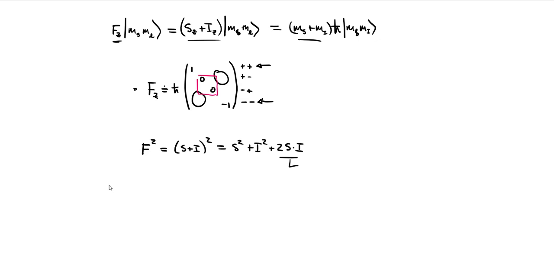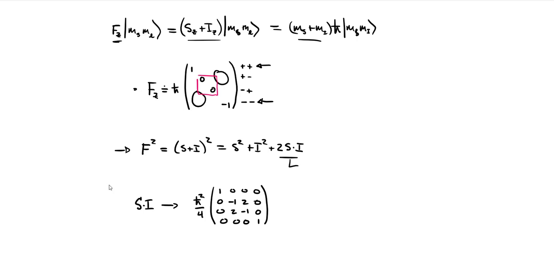So the question is, what is the matrix representation of this? We already derived the s dot I. When we were looking at our hyperfine interaction, we already derived this operator. This was h bar squared over 4 times the matrix 1, 0, 0, 0, 0, -1, 2, 0, 0, 2, -1, 0, 0, 0, 0, 1, if you go back to, I think, the last video. This was our s dot I operator that we derived previously.